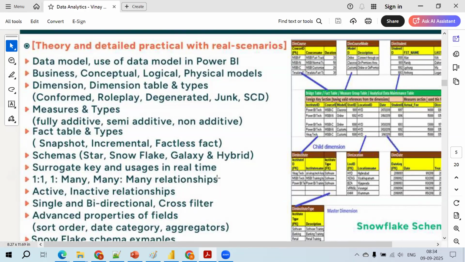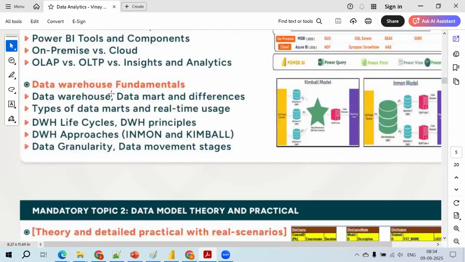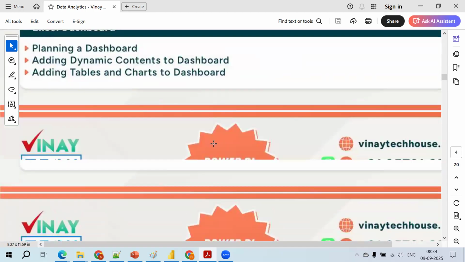These are all very important interview questions when you go for a Power BI position or a data analytics position. This whole topic itself takes me minimum 2 to 3 days, friends. I don't know how to complete this whole course in 90 days.